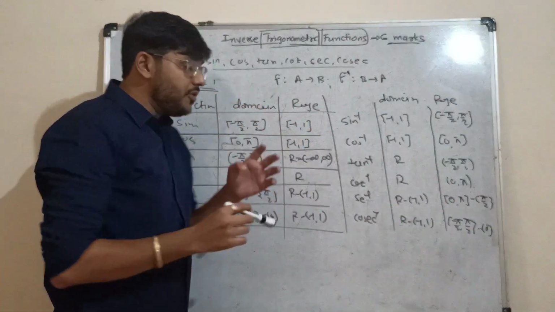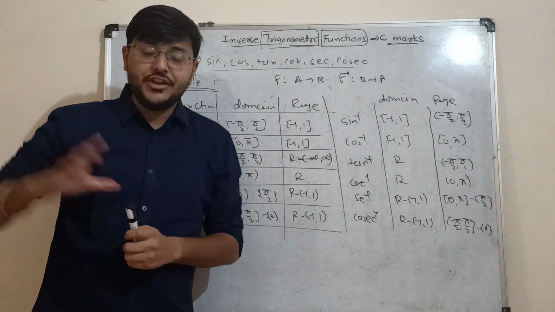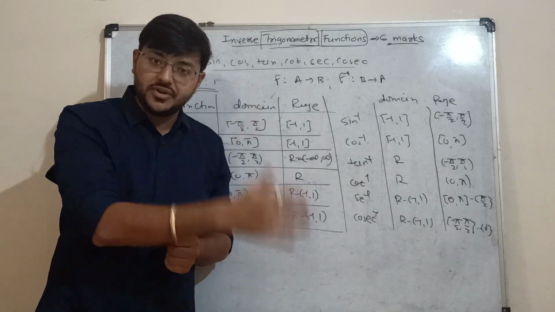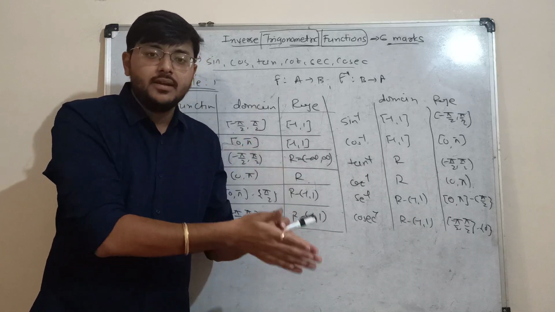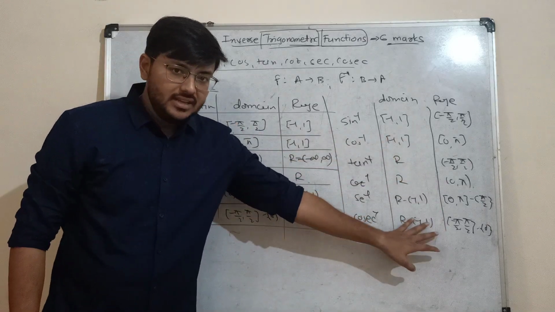Right? So I hope you understand why I started with the basic idea of function, then we discussed one-one, then many-one, then onto, and then the basic idea about the definition of inverse, just to understand this table, right? If I direct